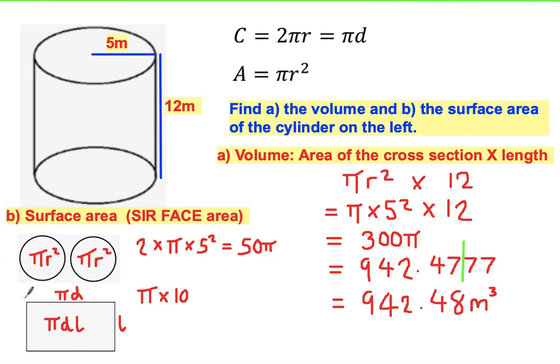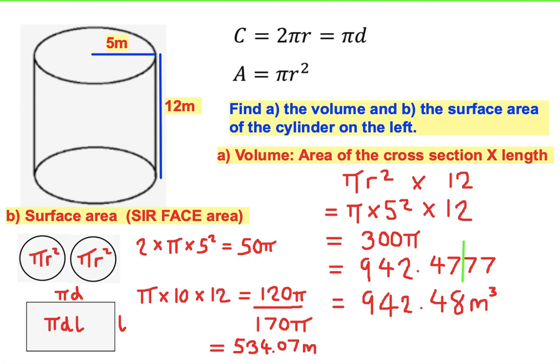So to get this top measurement here, the circumference of this circle, it's going to be 10 pi multiplied by the length of the shape, which is 12. So therefore the curved surface area is going to be 120 pi. So then we can add these two together and we get 170 pi. It would be meters squared if it was on a non-calculator paper, but if it's on the calculator paper and we have the pi button, shift middle bottom button, our answer is going to be